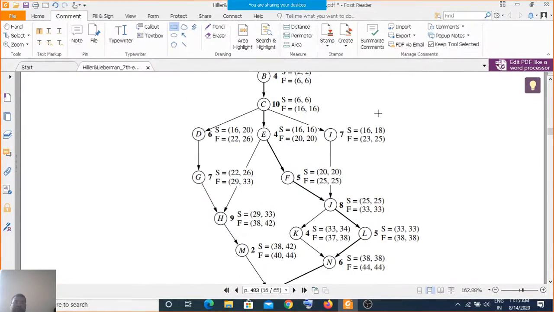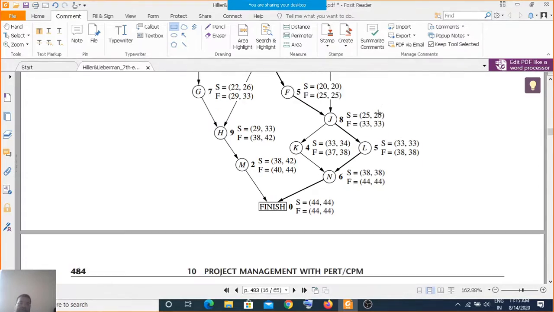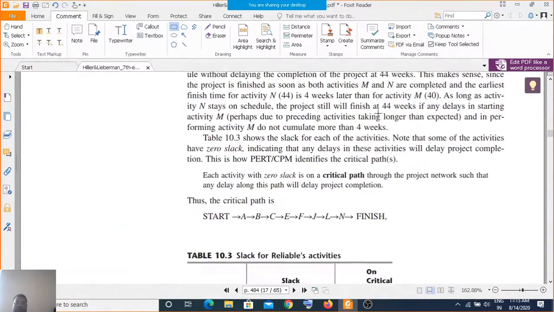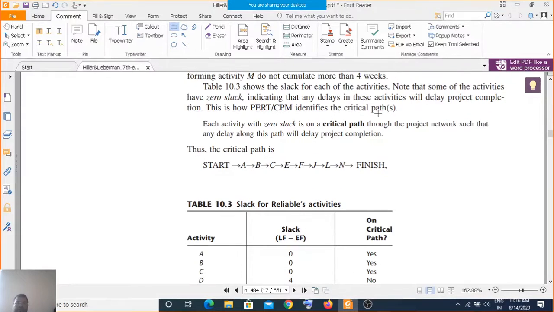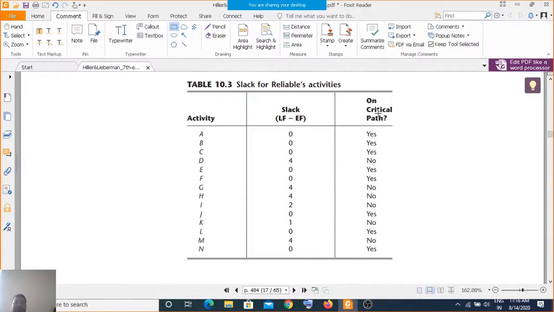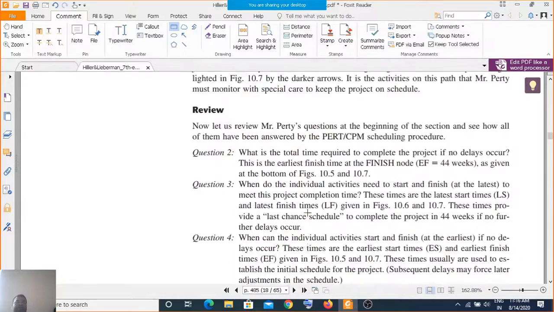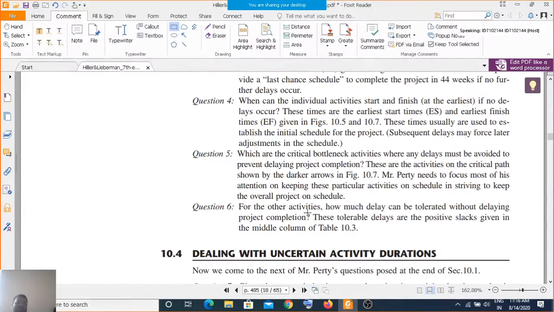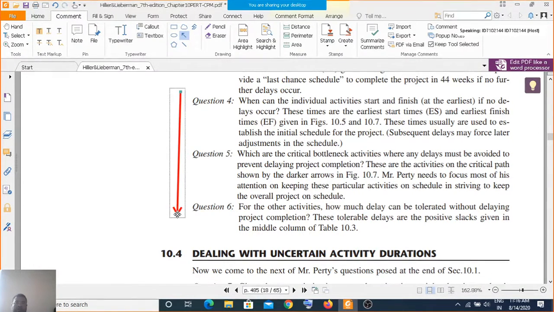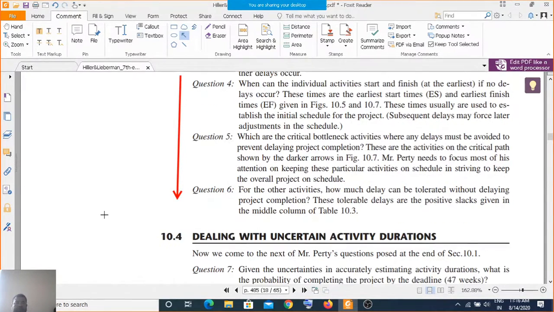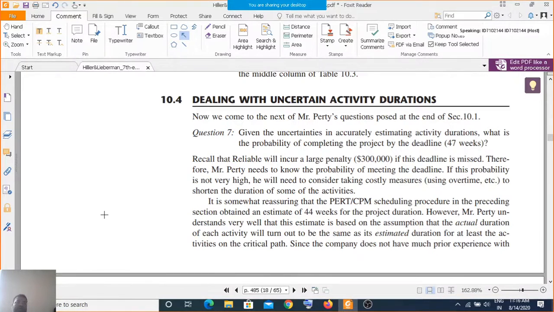We are not going into CPM in so much detail in our syllabus. What is the slack for the critical activities? That is equal to 0. Here you have 4, 4, 4, and likewise the table is built to identify the slack. Again, you need to ask the various questions before going further. Once this question is answered, then PERT can deal with uncertain activity duration.